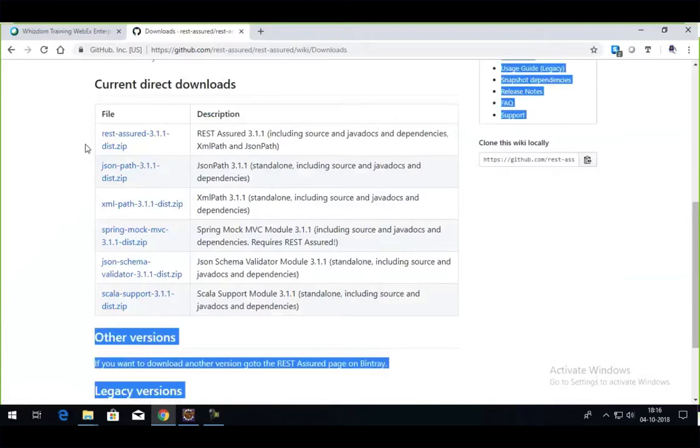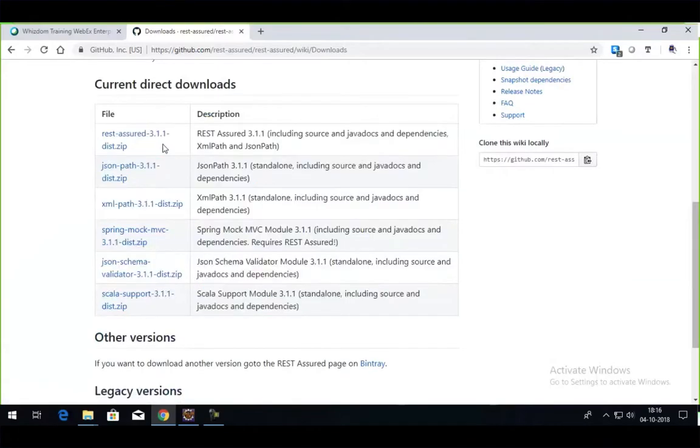These are zip files, but when you extract these zips, you will get the jar files that you have to add inside your project. All of these will be needed at some point, but initially for the basic Rest Assured operations, we just need this file, Rest Assured 3.1.1. This is the latest version on the official website. When you start downloading this file, let it download.